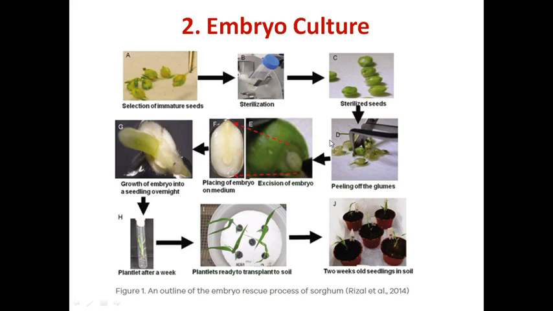So students, see this embryo culture. In some plants the embryo cannot be viable, or there is a fault after maturity. They are not compatible, and they do not undergo germination before the seed matures, that is, the immature seed. Then whatever underdeveloping embryo we have, we can remove and place on the nutrient medium. So it is also called embryo rescue, remember that.